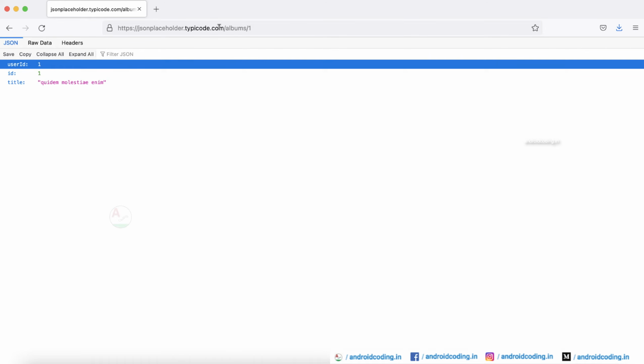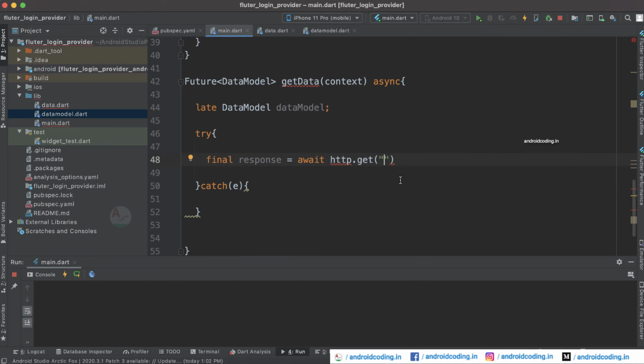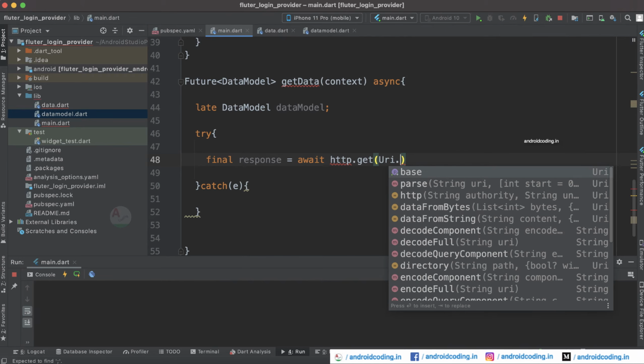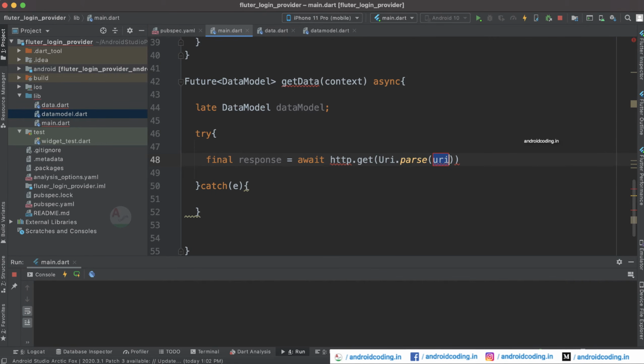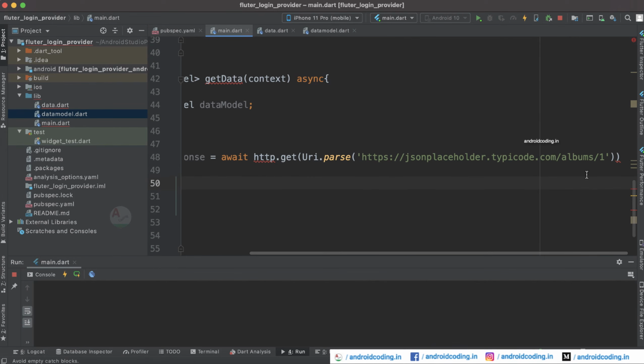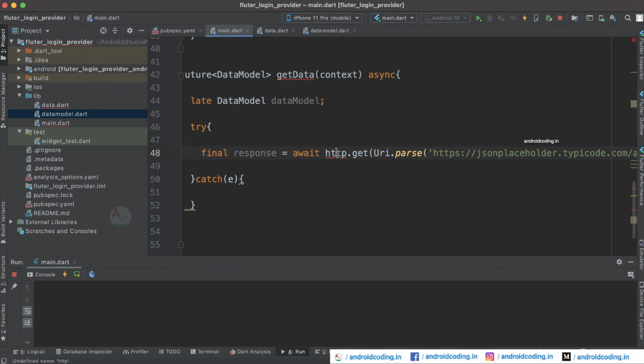So the URL is this one, so let's copy this and add it over here. And you can't directly provide the URL straight away, so Uri.parse, and within this you can provide the URL here so that it will parse the string. And also here you are getting an undefined name HTTP, so you need to import this.